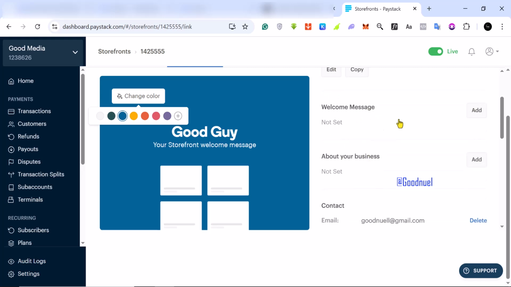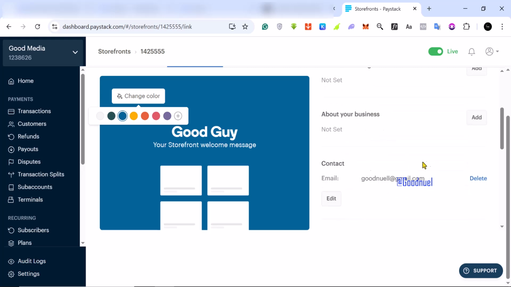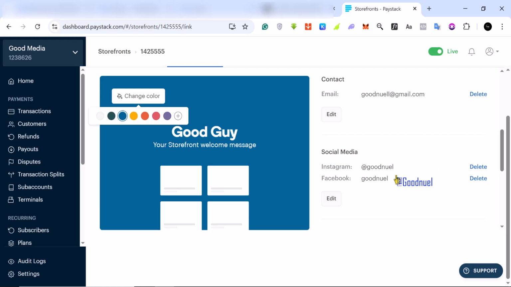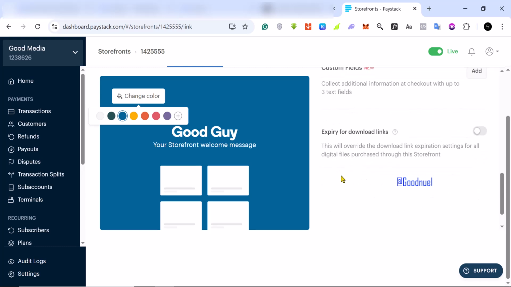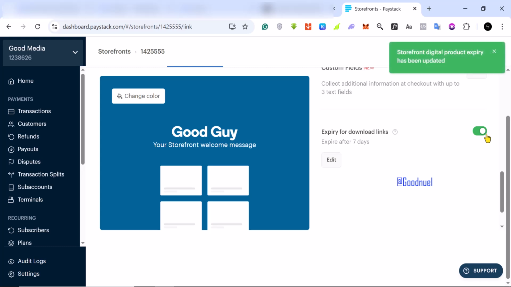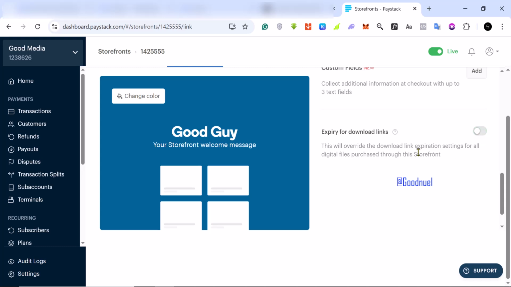You can add a welcome message. You can write about your business. You can put a contact email so that if people have issues, they can reach out to you through your support email to solve their problems. You can also add your social media pages if you wanted, and then you have other things you can add here. So if you're selling a physical product or a downloadable product, you can set an expiry date for the download links. After that day or the days you've set, the link will expire